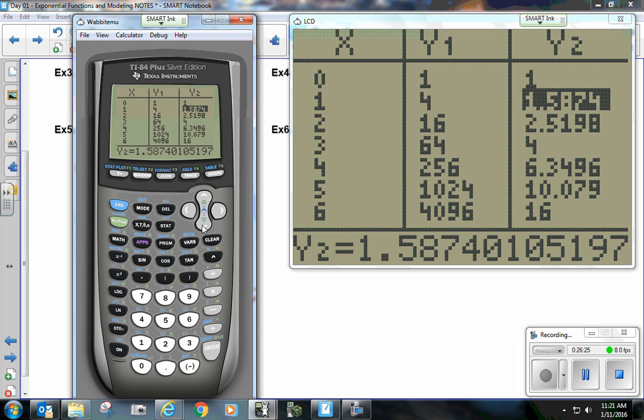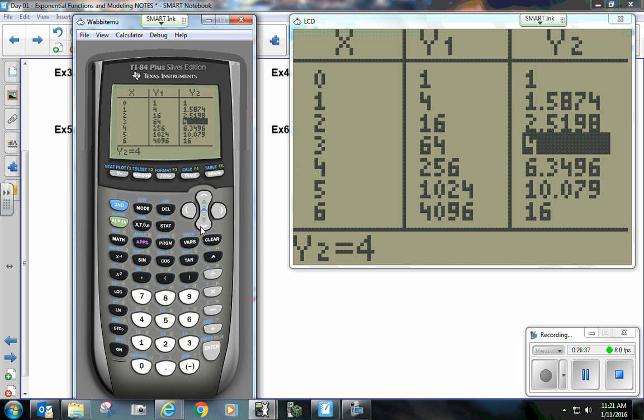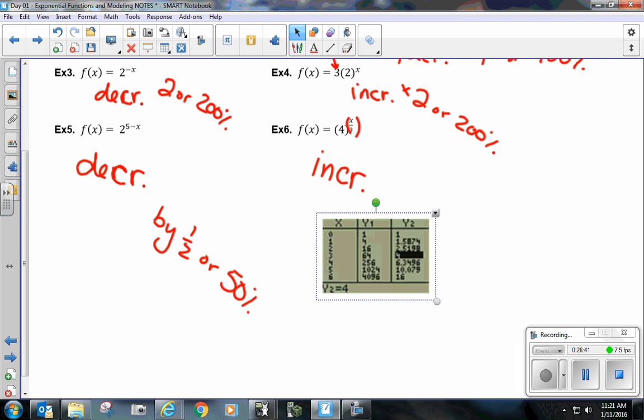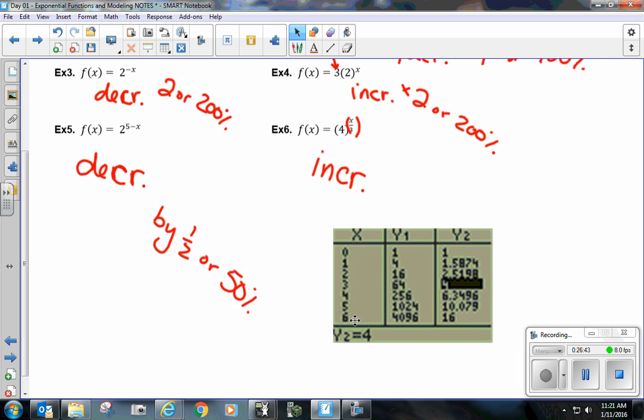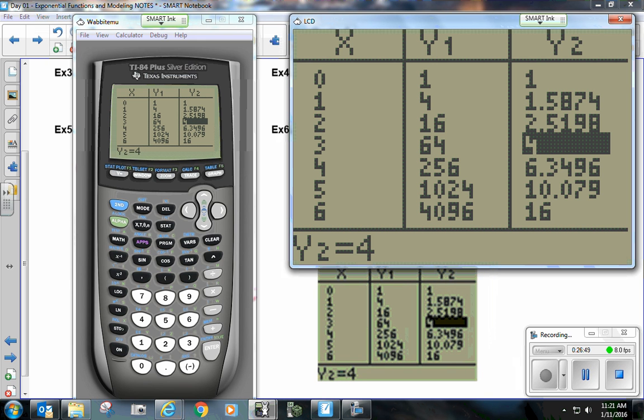But this one goes up from 1 to 1.5, so more than 1.5. And from 1.5 to 2.5 approximately, 2.5 to 4. So I can see both of these things right here. There we go. If I want to figure out